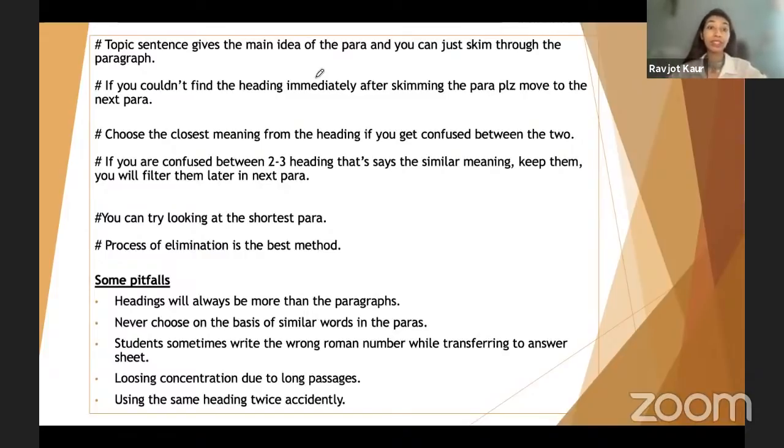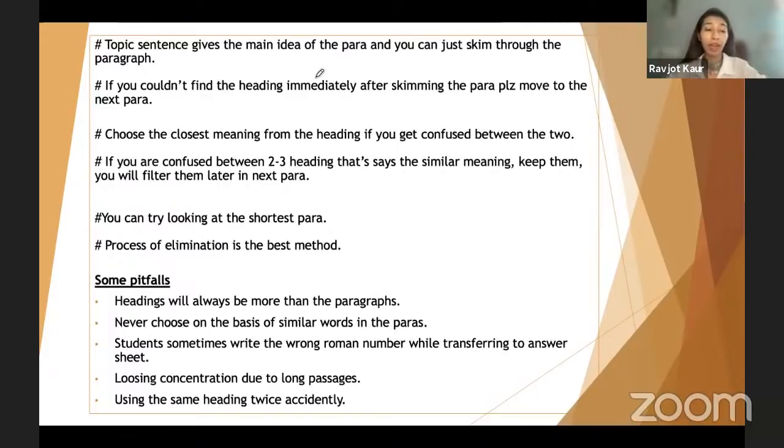I think that makes sense so that you can assess yourself. So these are the things that we covered. We did talk about the skimming. We did talk about reading the topic sentence, and then we skimmed through the paragraph. And wherever we got confused between 2 or 3 headings, we located the closest heading we chose